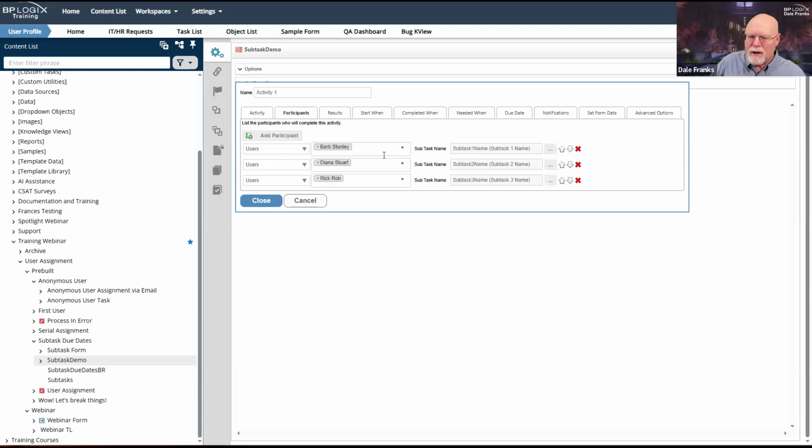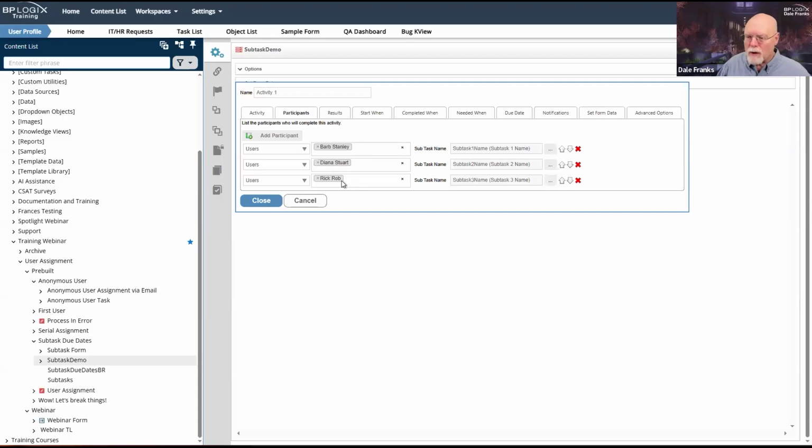What we tend to do is to separate Barb, Diana, and Rick into 3 separate timeline activities that are dependent on each other. And that is certainly one simple way of doing it. And it doesn't require as much thinky pain for figuring out how to do this sort of configuration.